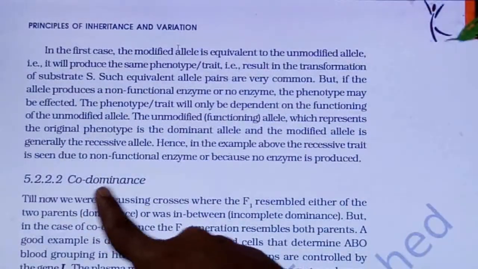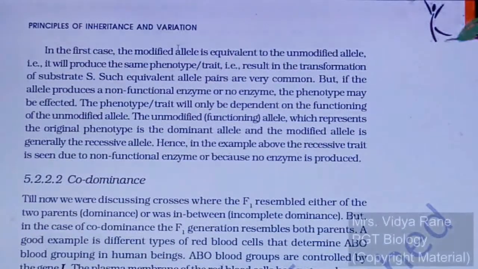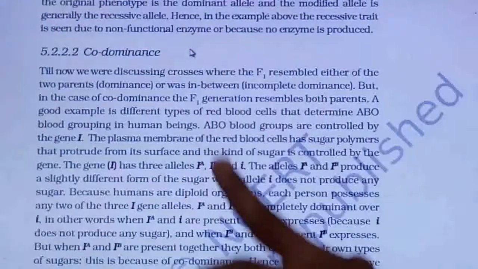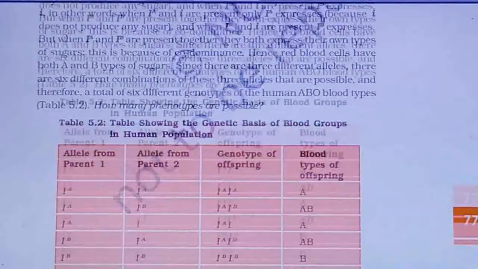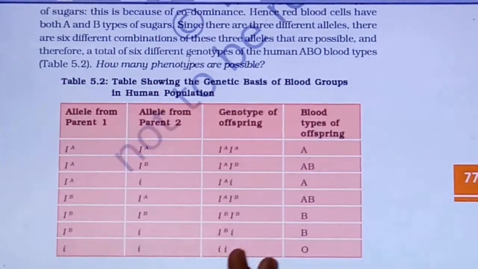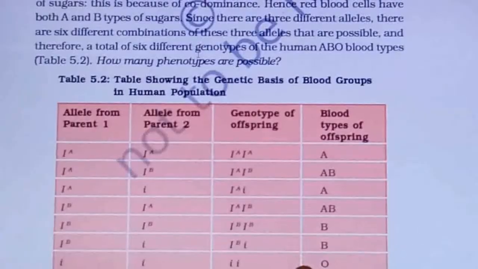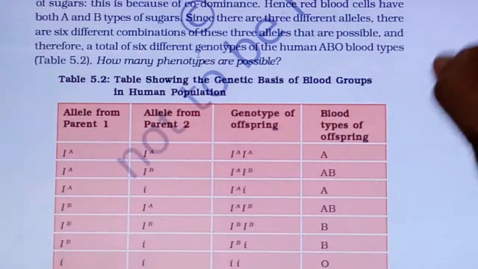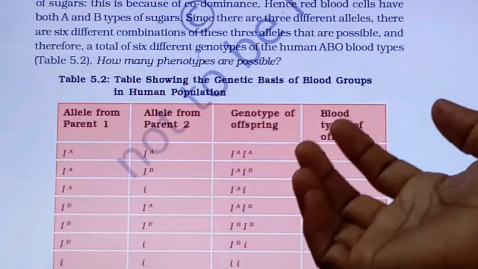The next point is codominance, just the opposite of incomplete dominance. In codominance, the question will be asked: what is meant by codominance, and explain with an example. The best example is your blood group. If you prepare this table, then you can nicely explain codominance, right? So this table is important. Based on codominance, a 3 marks question will definitely be asked. Or sometimes, if a direct question is not asked, then an indirect question will be asked.